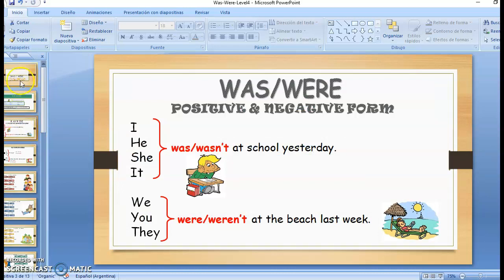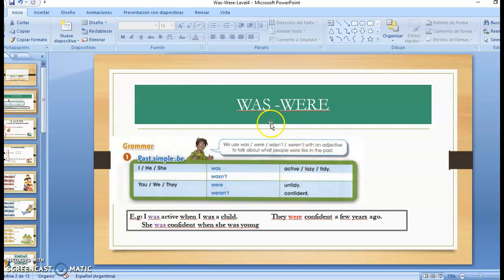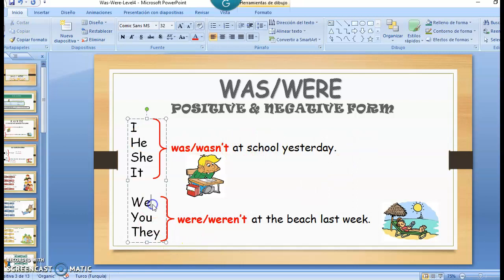Estaba, sí, como les dije anteriormente, was or were se utiliza para hablar de ser o estar, es decir, era o estaba en el pasado. En el primer ejemplo expliqué era, ¿sí? Y en el segundo ejemplo estamos viendo estaba. Él, yo, ella no estaba o estaba en la escuela ayer. Nosotros, vos o ellos estaban o no estaban en la playa ayer, ¿sí? Entonces tienen que tomar en cuenta que se puede usar tanto para hablar de era o de estaba en cierto